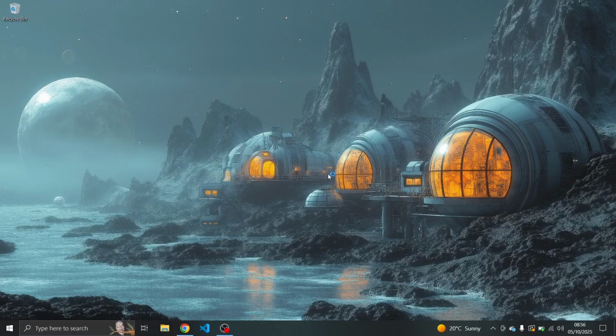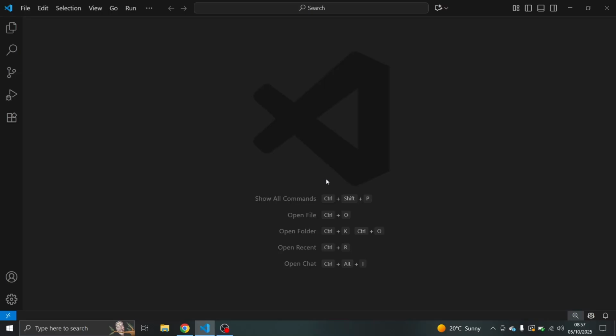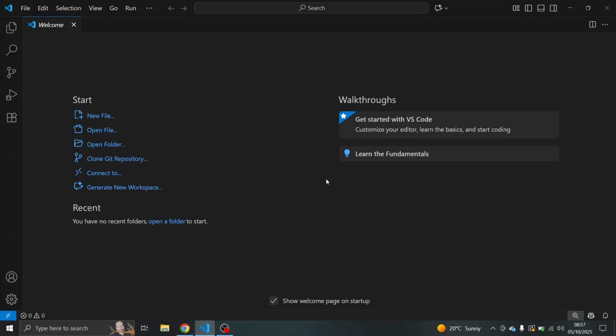This is mostly the default page for everyone, the landing page. This is how it looks, and hopefully yours will look like this too. Okay, now I need you to click on that Clone Git Repository link there, this one. Just click on it. So we are telling Visual Studio Code, I need you to clone some repository somewhere in